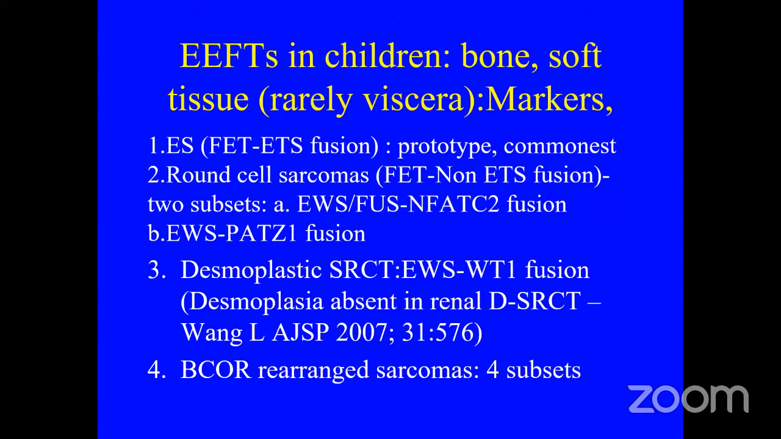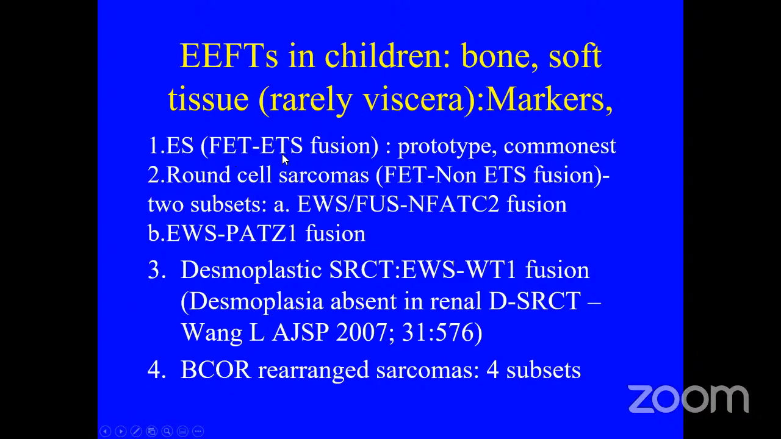We need not go through every genetic marker as I show you the slides, because again, as I pointed out to you, there are a number of them and it is difficult to remember them. So later, when you have the slides available to you, or in the literature or in the textbooks, you can look these up. So in Ewing sarcoma, this is the prototype, and the fusion is between the members of FET